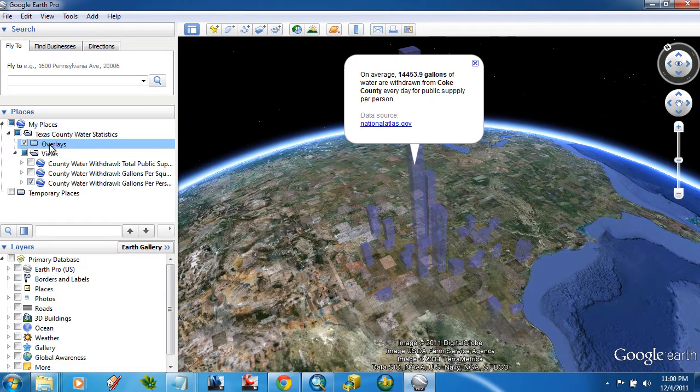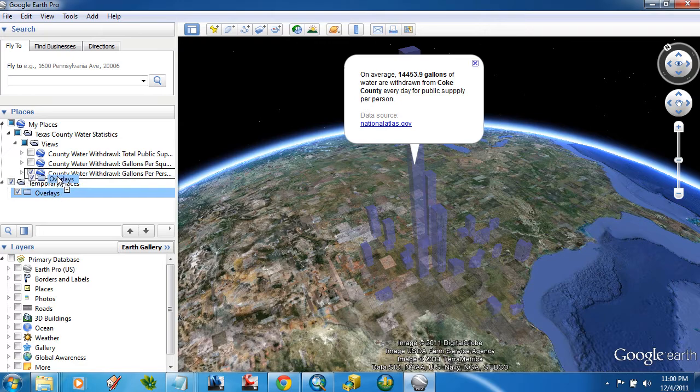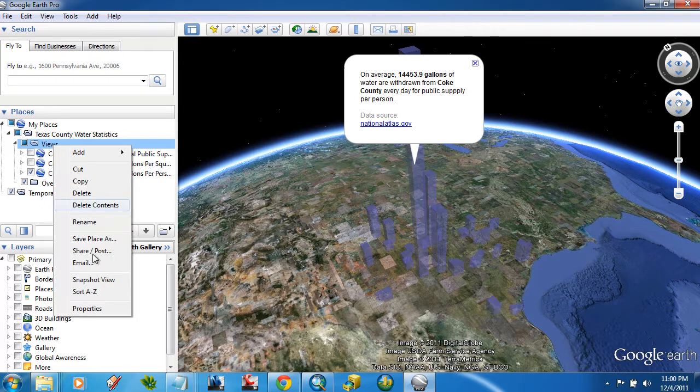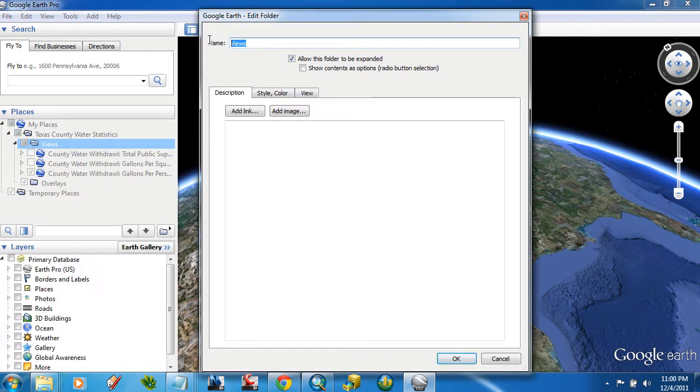Now overlays, let's move that below everything else, but not too far because I don't want it to be outside of that folder. Right now it's underneath my... It's kind of a tricky game here, getting this in to get to the right spot. There, that's an easier way. I want my views folder to be on top of overlays. Now on the views folder, what should we call that? Let's call it